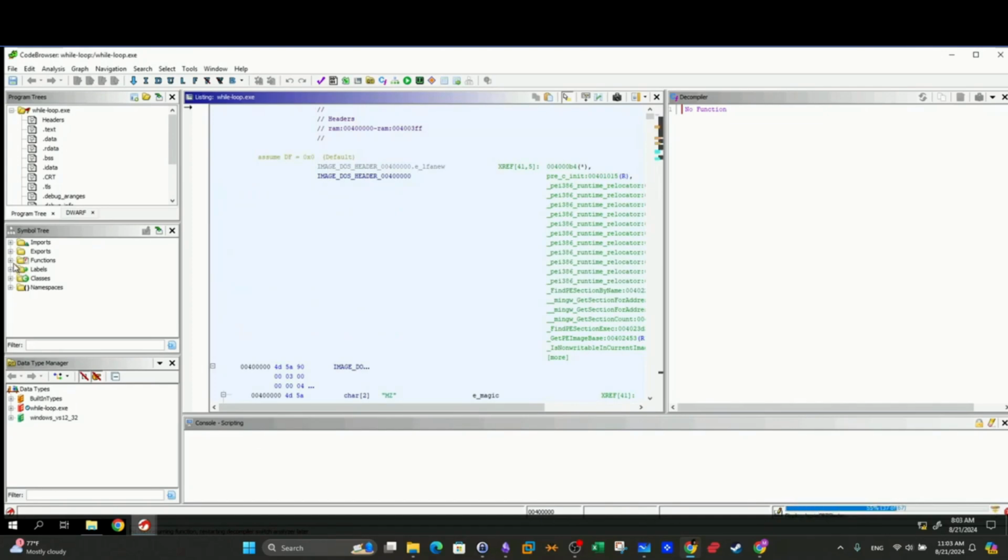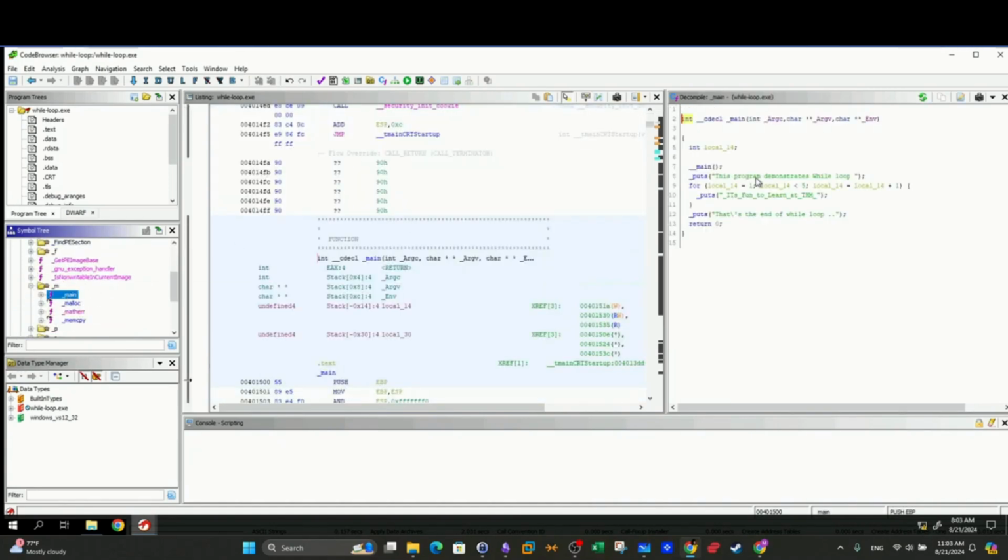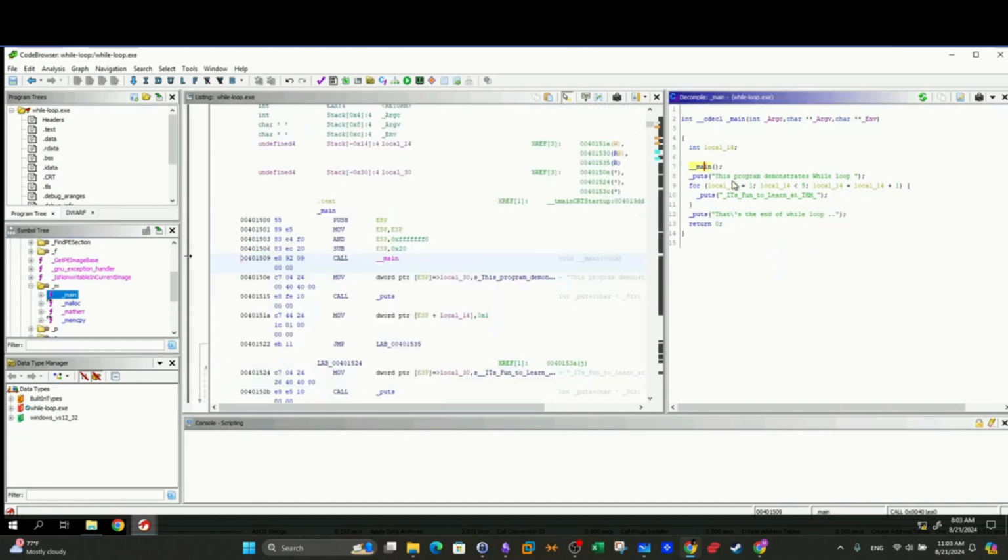Same drill, locate the main function. So here we cannot find it in this directory, this one. Let's see here, and we have the main function. Same thing here, we have a call to the main function, and then something is the statement this program demonstrates